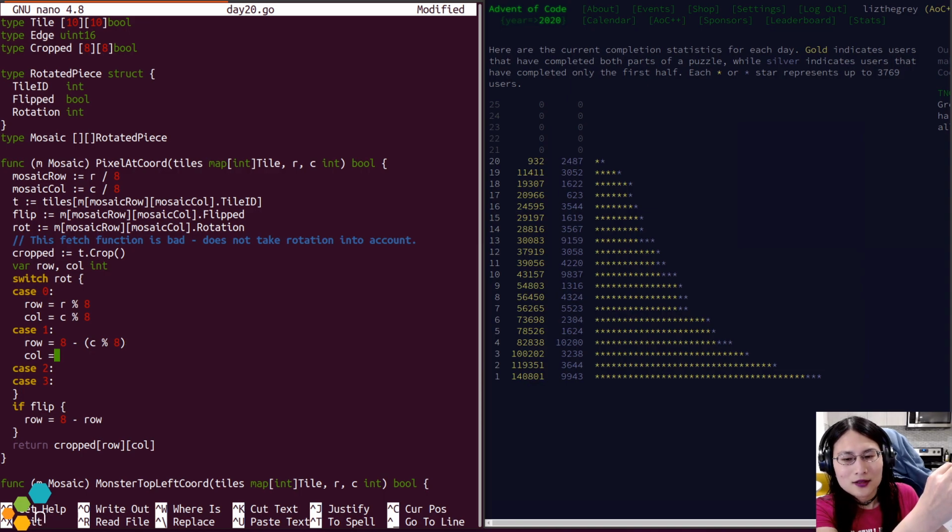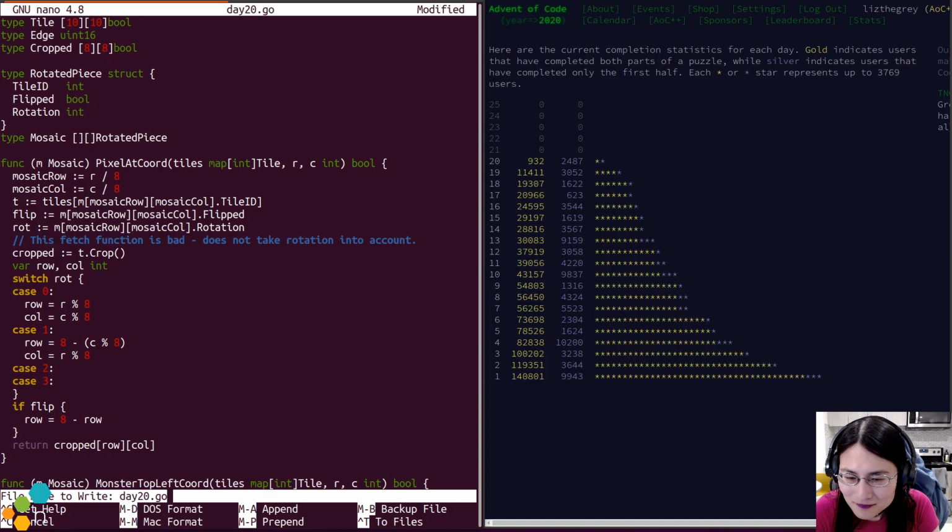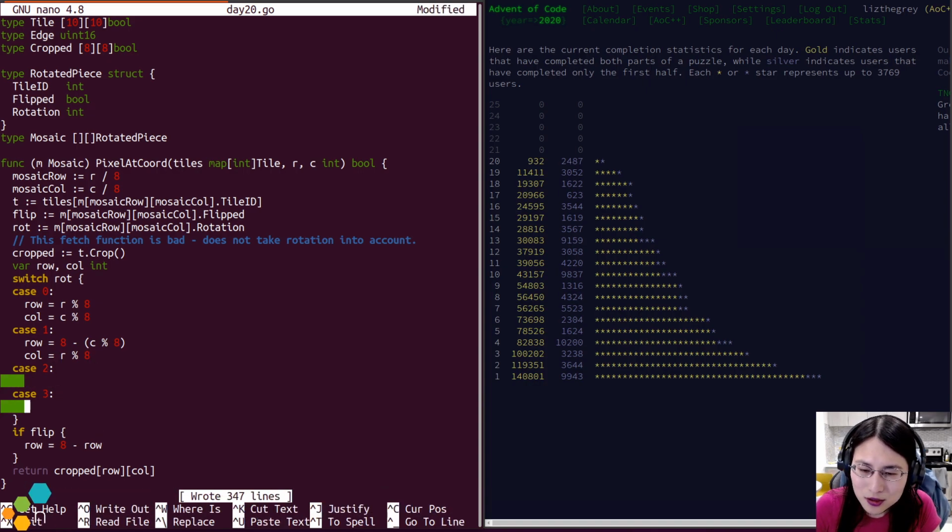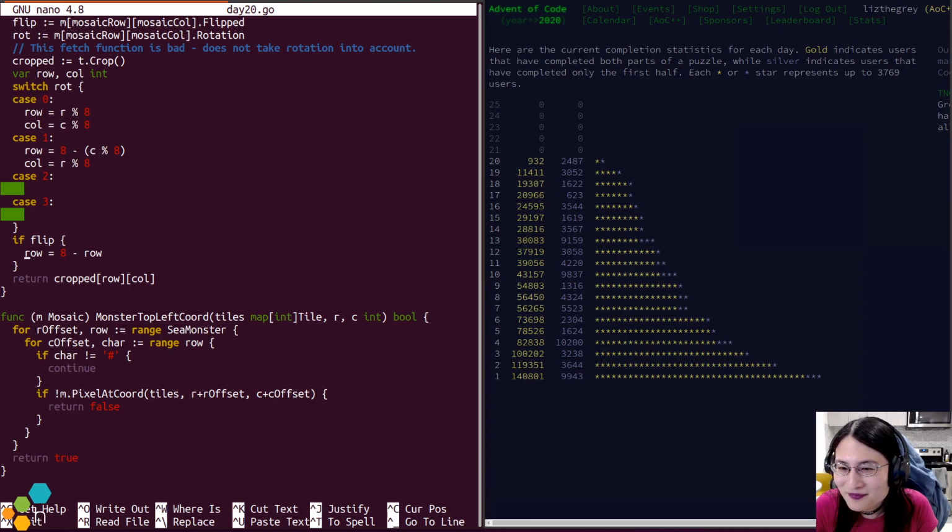So if I'm asked to read from the 8th position, I'm going to want to read from the 0th row. Yep. And the columns, if I'm rotated once clockwise, if I'm asked to read from row 3, then it's actually just going to be column 3. Okay. Spatial reasoning. It's my Achilles heel.